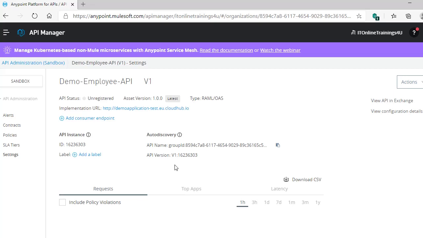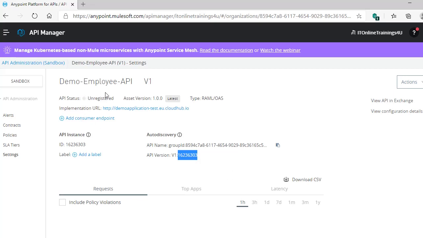If you want to apply any policy for your CloudHub application, you need to create one API here in API Manager, so that those policies will be applied to your code. To make that connection between the Runtime Manager application and this API Manager API, this API auto discovery ID would be the useful one. We need to configure this also in our implementation code. So in our next video, we will cover how to use this auto discovery.